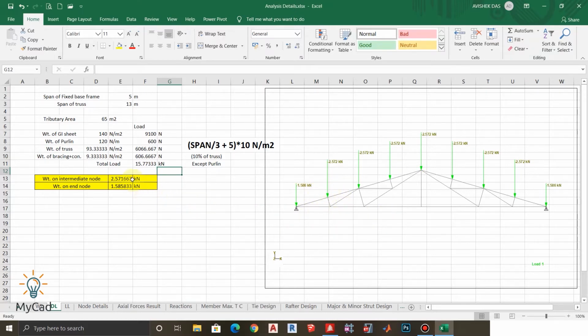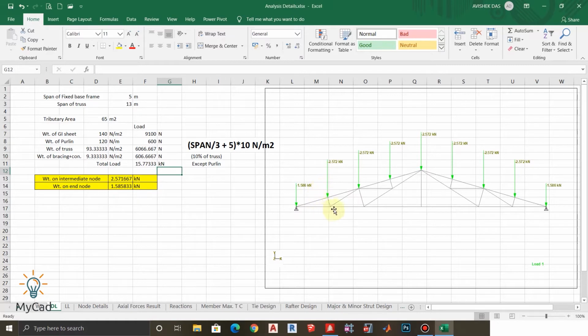Thus the dead load is totally taken by 7 of P plus P by 2 for this node and P by 2 for this node, and that comes to 8 into P. And if we equate that with this 15.773 kilonewton and find the value of P,